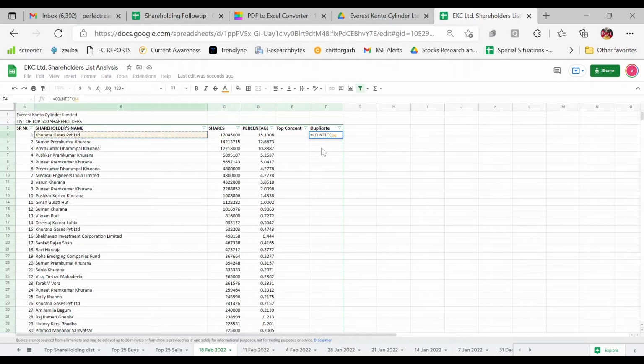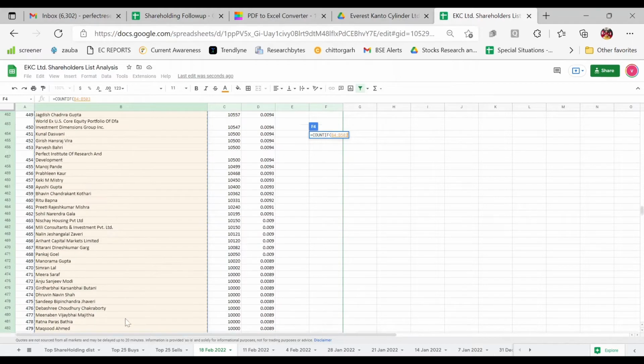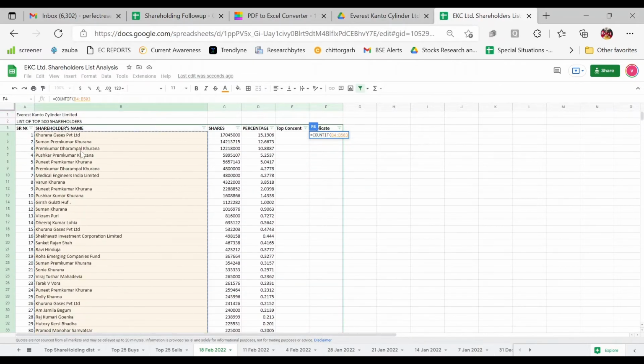So what I'll do, I'll use the COUNTIF function. As you can see, I selected the range in that function. Now I'll press F4 because I want to lock this range. I don't want this range to move. When I press F4, you see the dollar signs above in the values of the cells. Now I'll press comma. Our range is fixed.